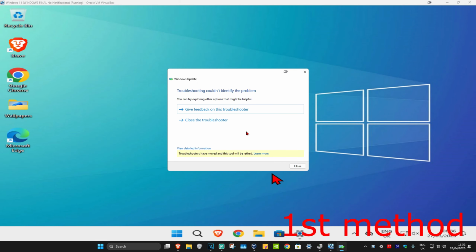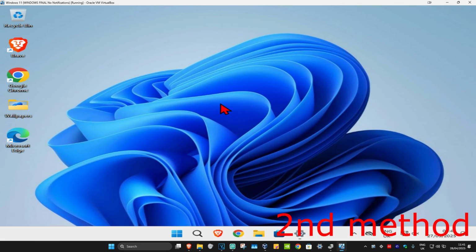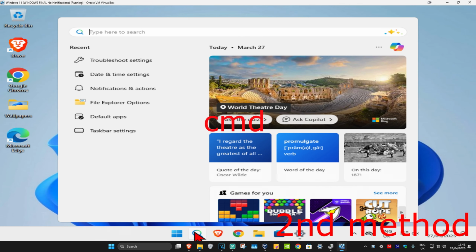Wait for this to load. And then once that's been done, if it detects anything, it will try to fix it for you. See if that fixes your problem. If that's still not working, then for the second method, you're going to hit it with search and type in